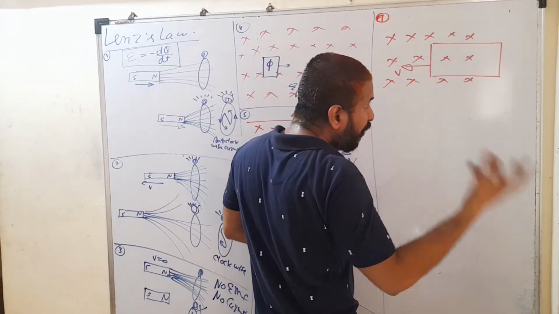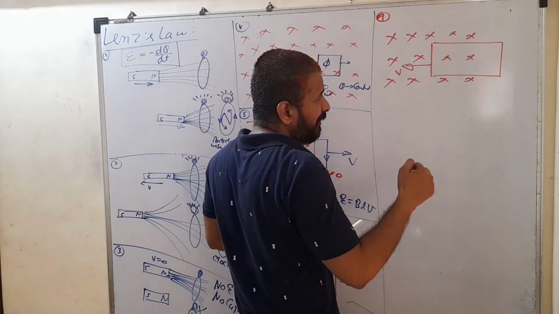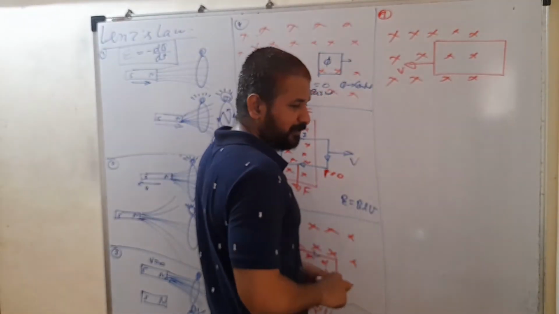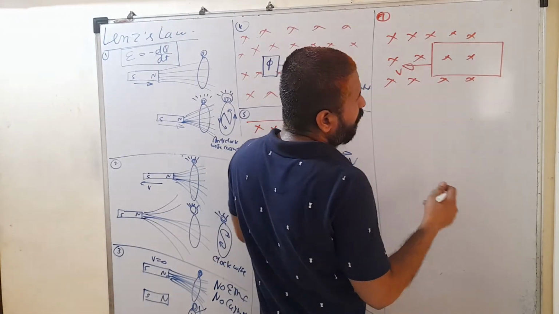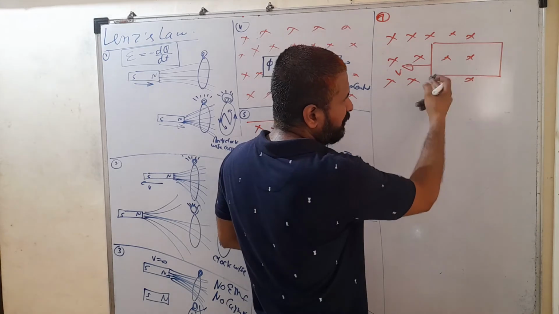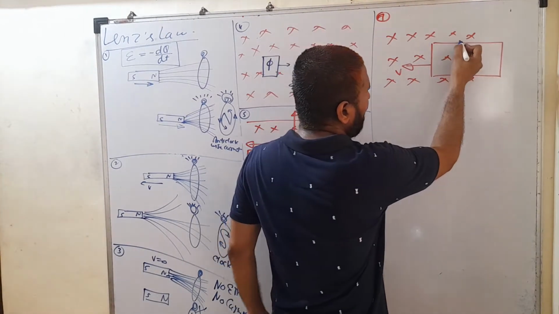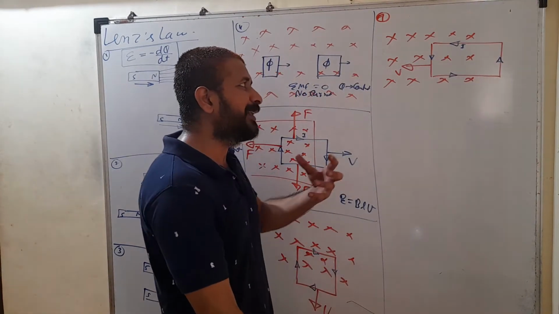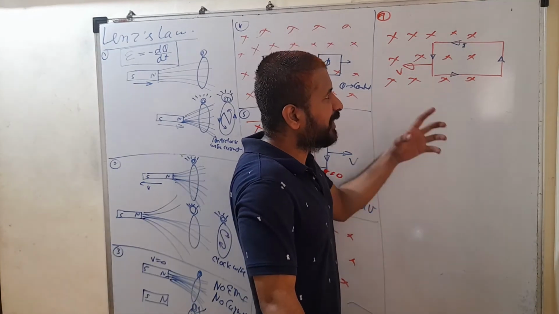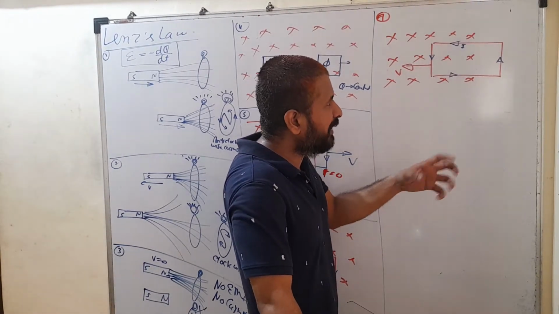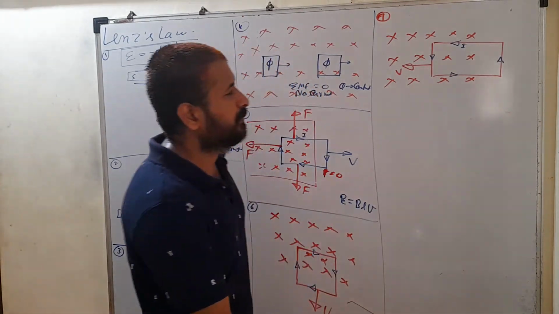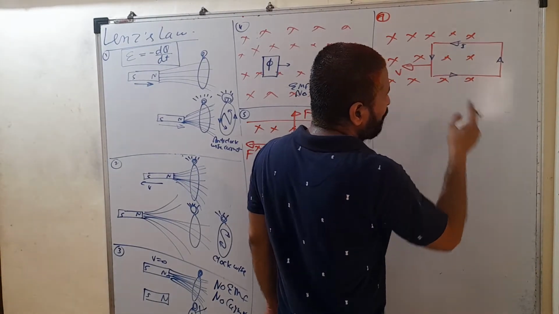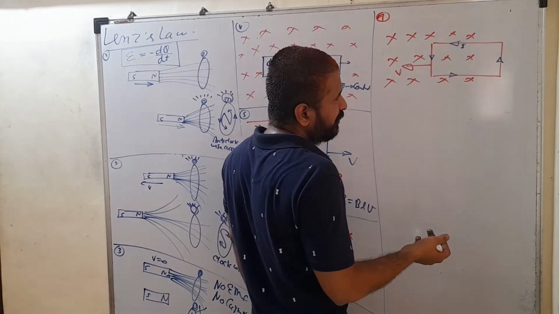So when you are trying to increase cross lines, current is developed so that it can increase dot lines, और वो dot lines cross lines को cancel करेंगी. Clear? Because how can current decrease cross lines? We are trying to increase cross lines. So current is developing in anti-clockwise way so that an outward magnetic field is developed. We are trying to increase the inward magnetic field, so current is developed which can generate an outward magnetic field. तो हमारा जो inward में increment है उसको वो oppose करेगा. Clear? So we are increasing cross lines, so current is developed to increase dot lines so that it can cancel that extra magnetic field which is increasing.